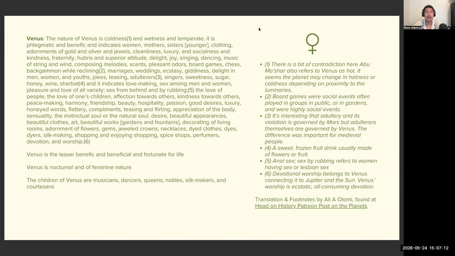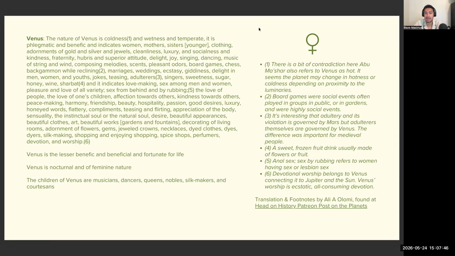Also clothing, adornments of gold, silver, and jewels, so all jewelry, cleanliness, luxury, and socialness, and kindness. Fraternity, hubris, and having a superior attitude. Yes, this is ruled by Venus, thinking you're better than others. Delight, joy, singing, dancing, music of string and of wind, composing melodies, scents, pleasant odors, board games, chess, backgammon while